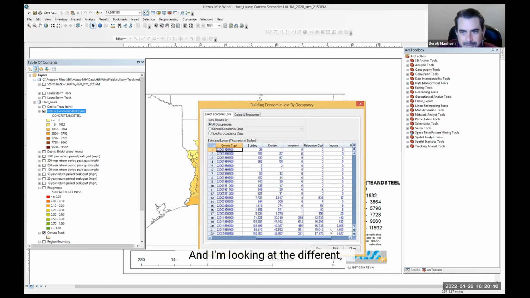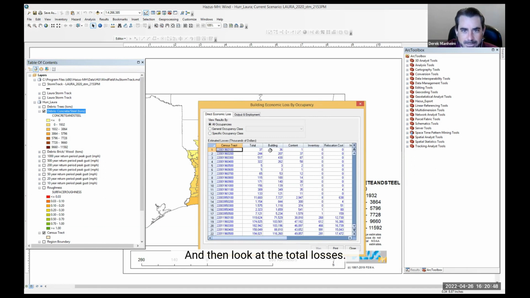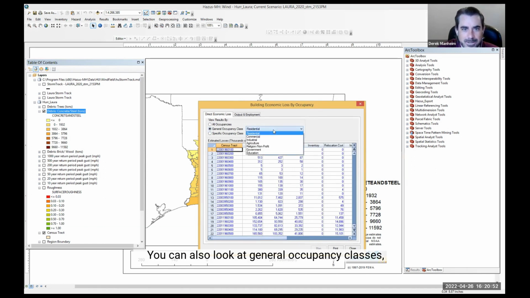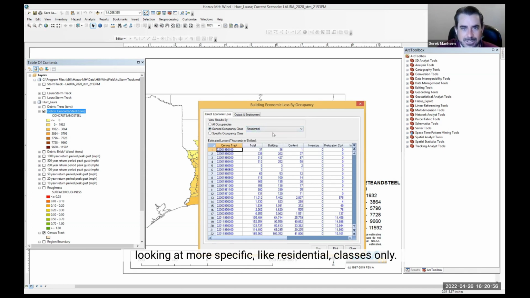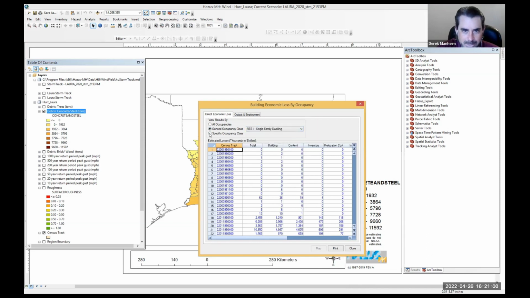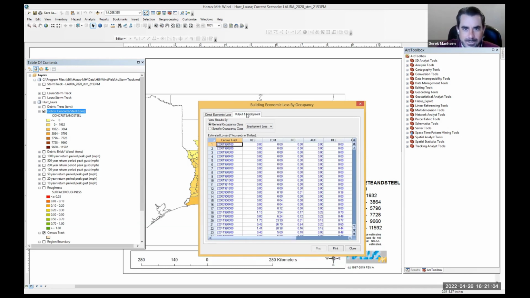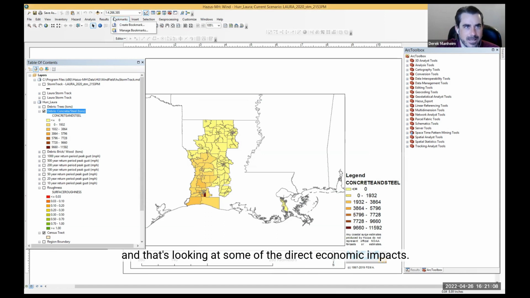And then looking at the different types of losses, whether it's rental income, inventory, or building structural losses, and then look at the total losses. You can also look at general occupancy classes, looking at more specific, like residential classes only, or you can go into industrial classes. Then you can get down to very specific classes. And that's looking at some of the direct economic impacts.